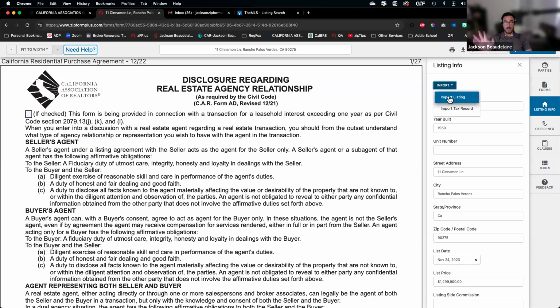Now, it is a bit confusing that these are not labeled MLS Connect or Record Connect. They're just very specific. We want to import listing information. We want to import tax record information. I know it's confusing, but this is the way that it's set up. You have to remember that